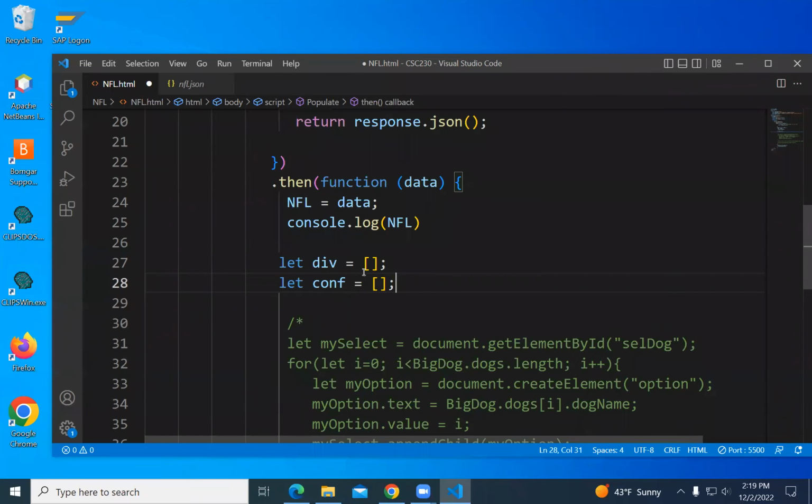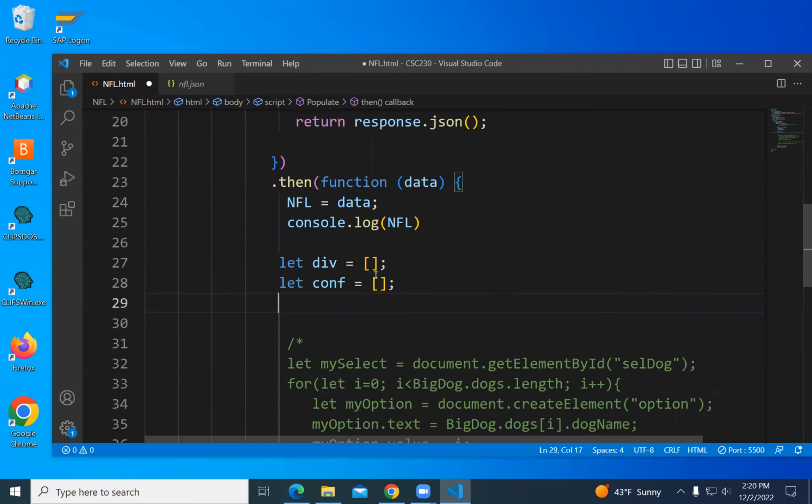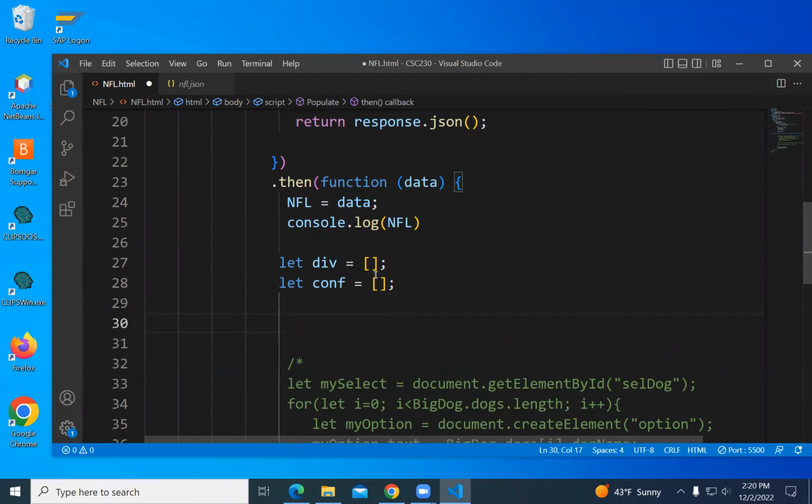So we're going to loop through our data, NFL, and then the arrays within NFL. I think that's the NFL property. Then we are going to pull out divisions that we don't already have and add them to our division list.